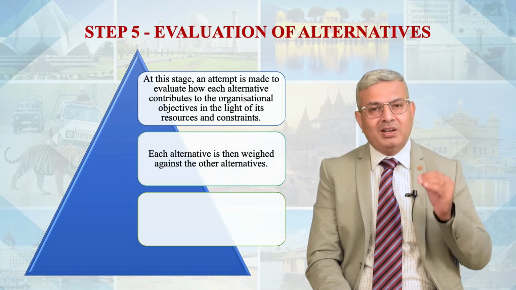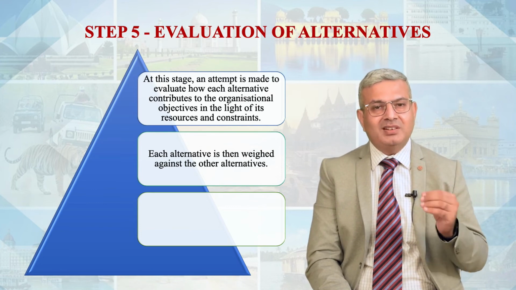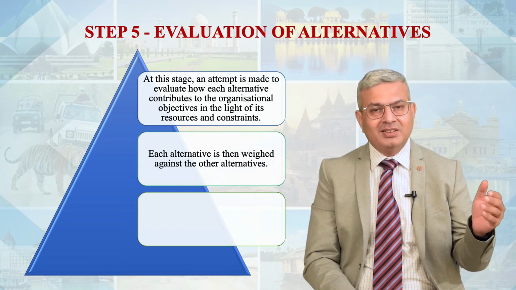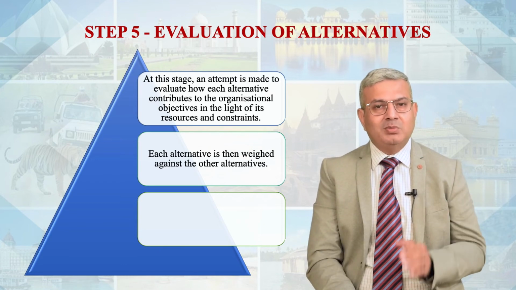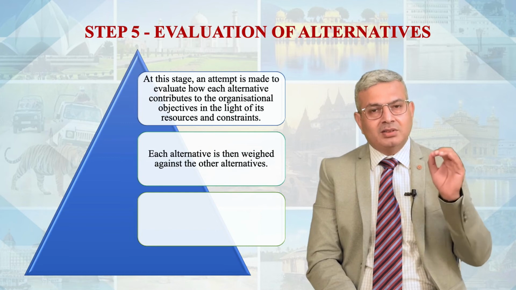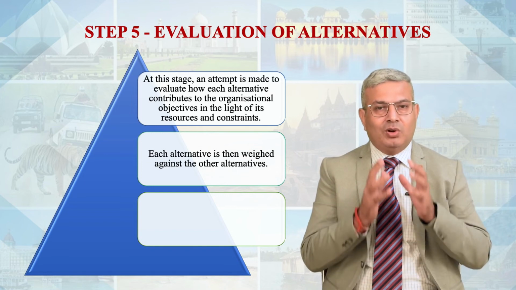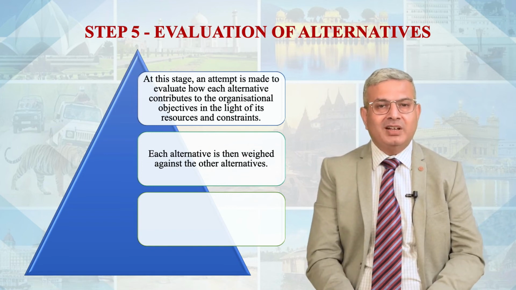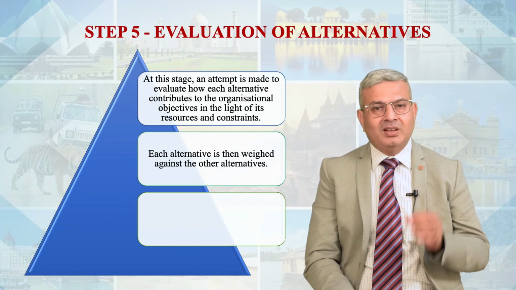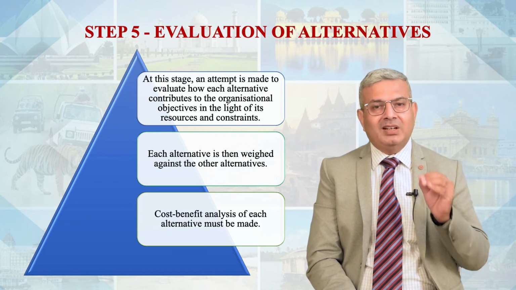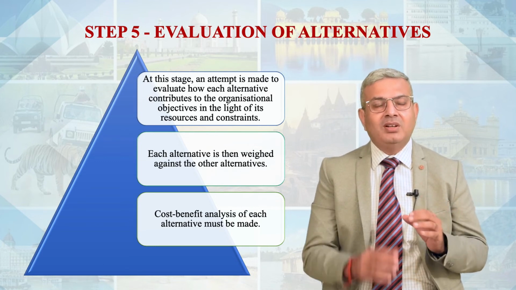So for example, if 5 criteria are identified by the top management team, each of these criteria is then given a weight. So one possibility can be that all criteria are equally important. The second possibility can be that one criterion is 30% important. There could be a criterion which is only 5% important. So on the basis of the level of importance of each criterion, a combined score is calculated for each of these options. So a detailed cost benefit analysis of each alternative must be done, because each alternative will also have